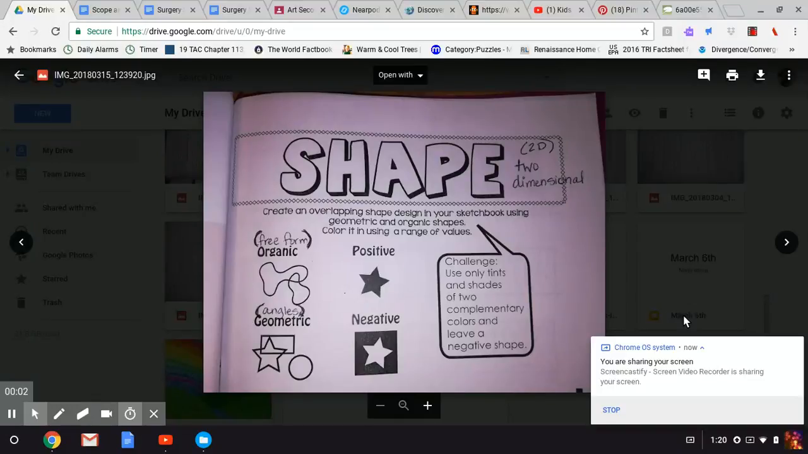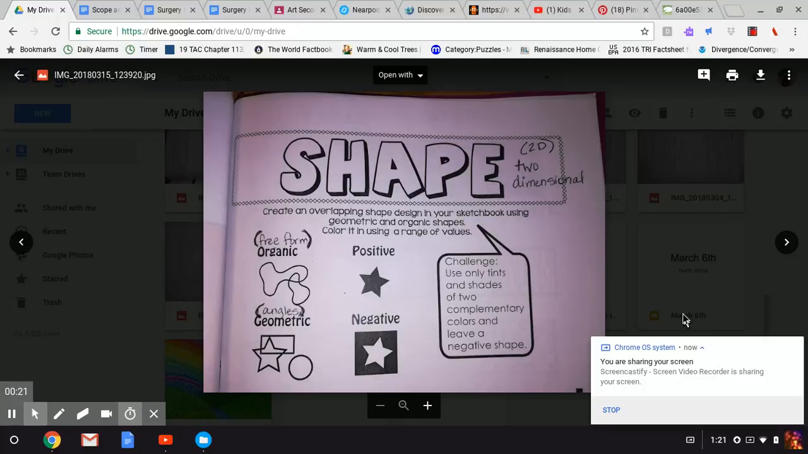All right. So you watched the video over shape. That's our third element of art. We're a little bit behind. We should have already done four, but we got a little sidetracked. So we're going to kind of speed up these next few elements that we're going to